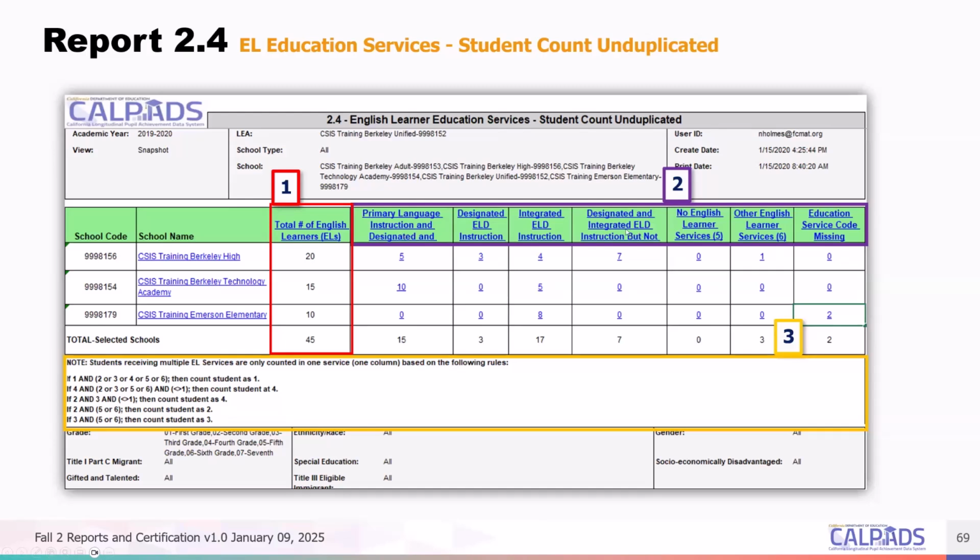top of the hierarchy, then number 4, and then you have any combination of just 2 and 3. So if a student has 5 classes and some classes provide designated ELD and some provide integrated, this combination will equal 4. Rather than choosing between one or the other, they're just going to be in designated and integrated. And so you can see how this can be used. I think that should be clear enough. If not, you can always reach out to us and we can walk through it together.